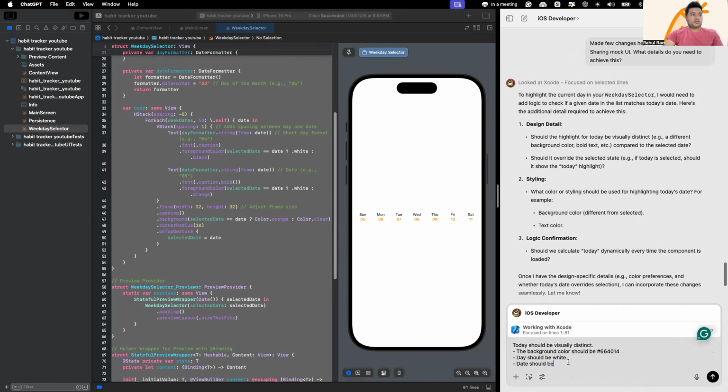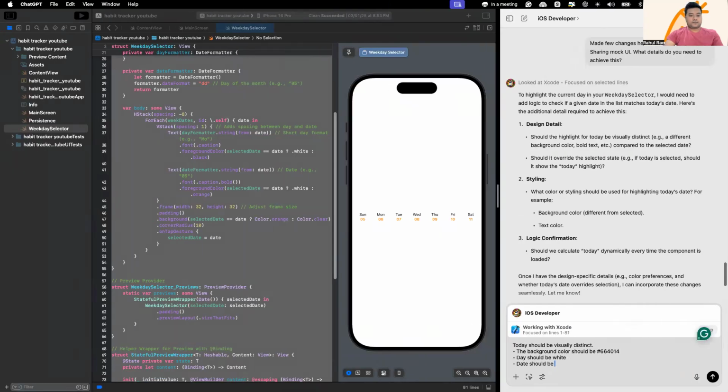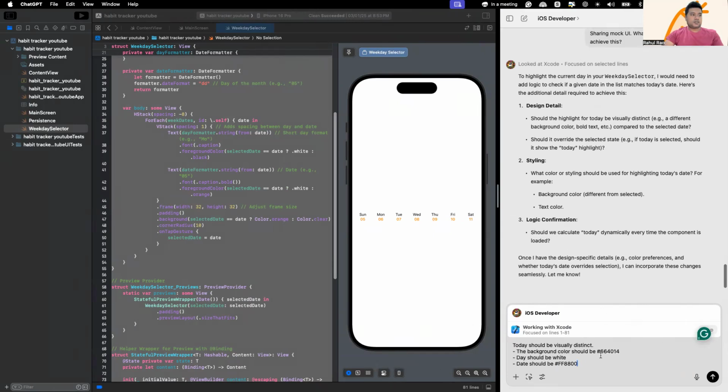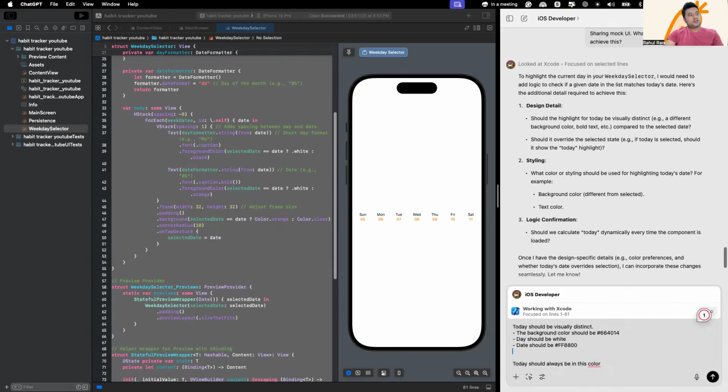So, what is the orange color? So orange color is right. Okay. What other questions? It's fine. Should it override the curriculum stream? For example, if today is selected, should it show today highlight? Okay, it's the same thing. Should we calculate today dynamically every time the component is loaded? Okay. And also say that today should always be in this color. Yeah. Today should be visually distinct. Other days, for other days